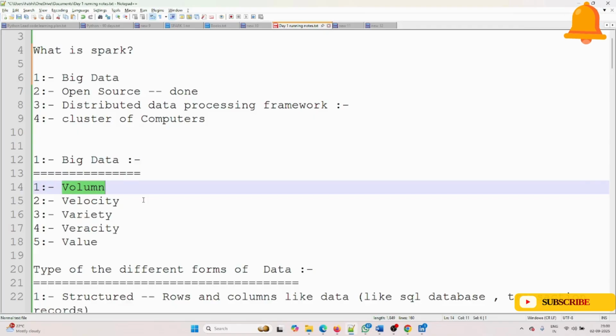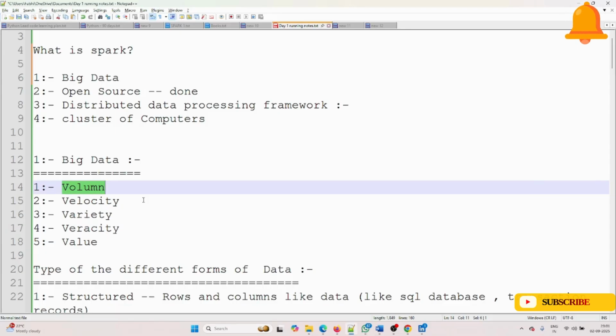Think of data like water. So volume is the amount of water stored in a big tank, and velocity is the speed of water flowing through the tap. If water flows too fast and you don't have a bucket ready, it will overflow. The same happens with data: it will waste. Whatever capacity it can contain, only that is held, and the rest will overflow. So that is the example.